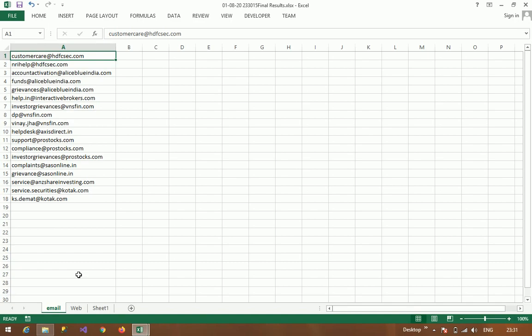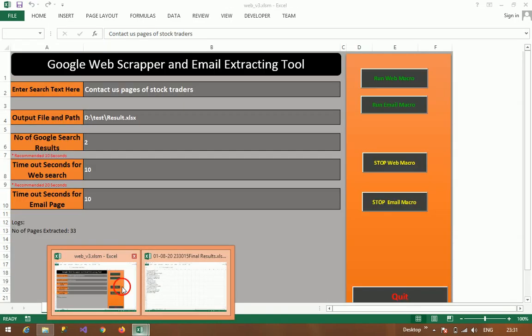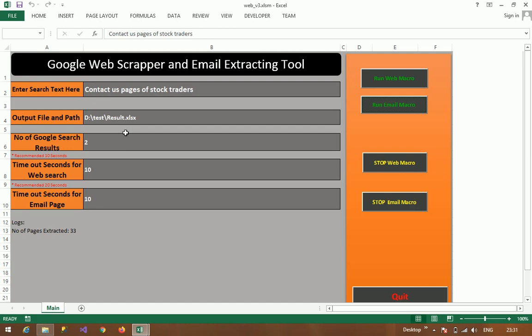So friends, with these emails we can save them and prepare a database for email marketing. It's a very good tool for that. Initially we have taken only 2 search engine results pages, which we can increase to, let's say, 20.